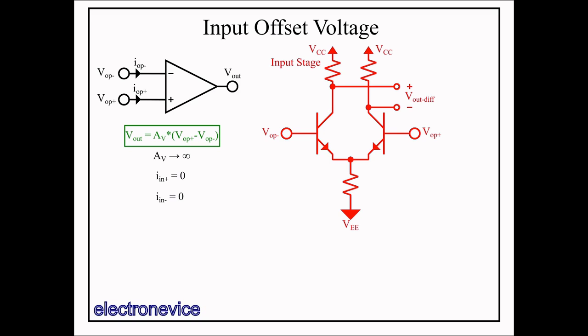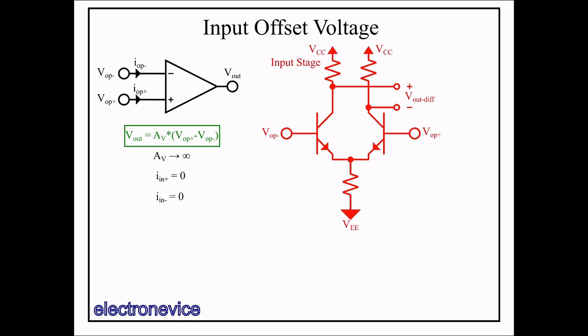is transmitted to the later stages, though it's worth noting that the differential output is generally converted to single-ended shortly after leaving the input stage. Once it leaves the input stage, it undergoes additional amplification, frequency compensation, and conditioning before being output by the op-amp's output stage. In this circuit, both transistors are designed to be as close to identical as possible, and the two collector resistors on the top are designed to be as close to identical as possible.